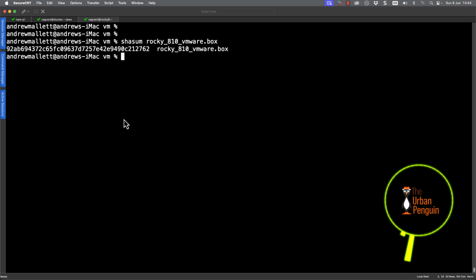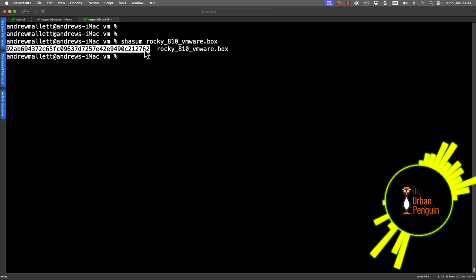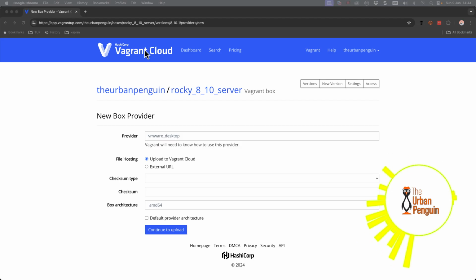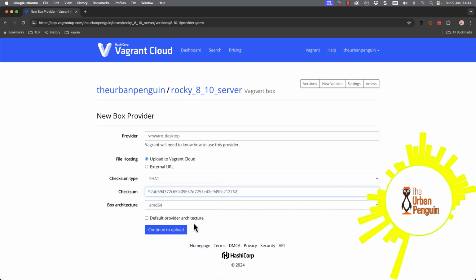Takes a little while as it checks it, but there you can see I've got the SHA-1 hash. So obviously we can put the hash on the server. When I upload, it will check then the hash is correct. And when clients download, they'll be able to check their download matches. So we can go through and put SHA-1 as the type, paste in the hash, and then we can continue to upload.